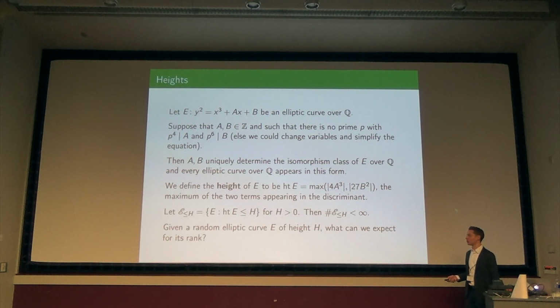Given a random elliptic curve of height h, what can we expect for its rank? To make that rigorous, you could look at a slice of height h to 2h, or I could take all of them from 0 up to h, and then say what is the distribution of the ranks, but I hope intuitively it's clear. Somehow we expect the rank to be a function of how complicated the curve is, and I'm claiming that, as a coarse approximation or as a heuristic, a good measure of that complexity is the height.